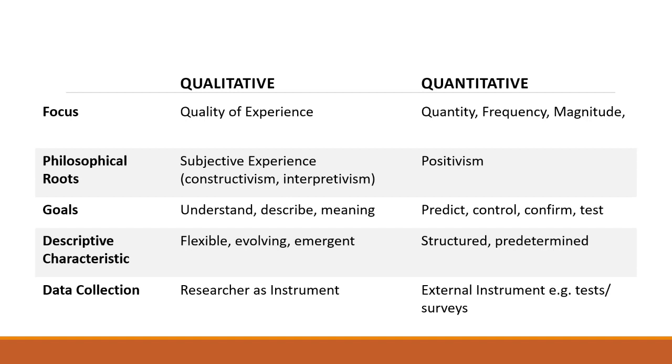where you're looking at the quantity, how many people are there in South Africa who are unemployed? What does that mean in terms of the economy if we have so many people who are not productive in the economy, and not because they don't want to, but because of the challenges that are there, and the frequency, and also the magnitude of the problem. How big is it, and what are the implications of that for society? Right, so different questions for different methods.